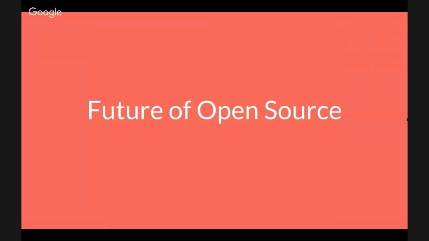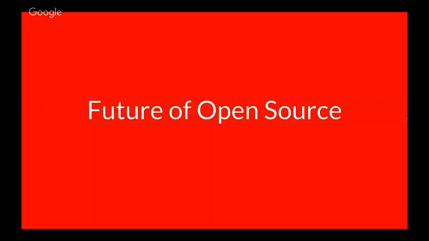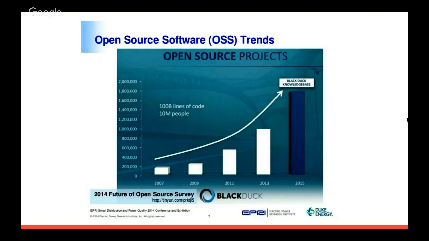As we saw on the previous slide, there is a bright future for open source. More and more companies have adopted open source policies, and this will only continue in future years. Additionally, these open source software and programs could change the world we live in. In 2014, a survey was done that projected open source software trends. It was expected by 2015 that there would be 100 billion lines of code for 10 million people, and that this would only increase in following years. This is because more and more companies have begun to realize the importance of open source. And as the number of companies increases, so will the amount that establish open source policies.